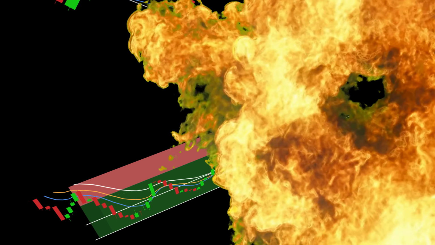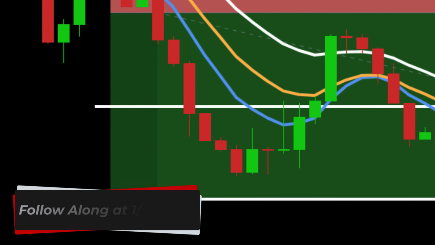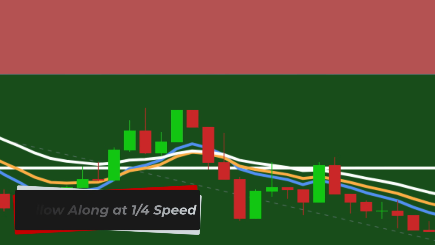I'm going to give you some fantastic ideas on how we can improve this system, along with a trader's landing score. And now it's time to do what I do.